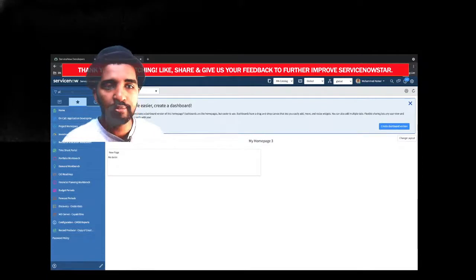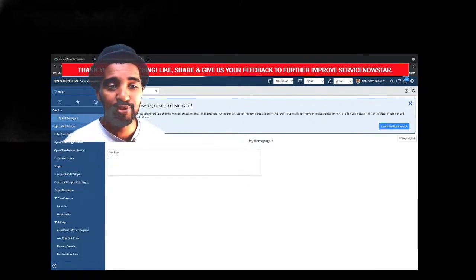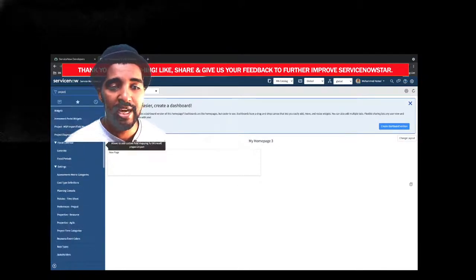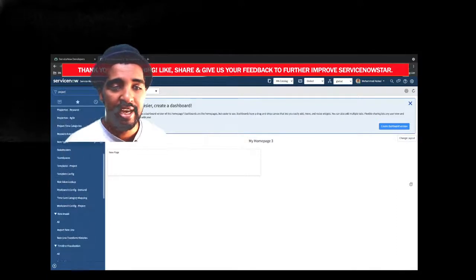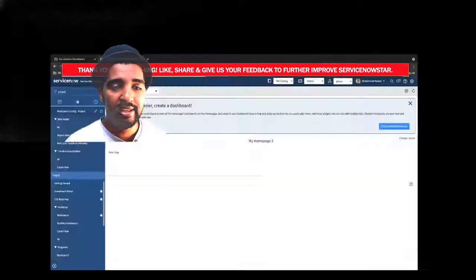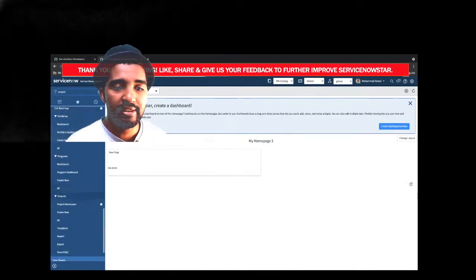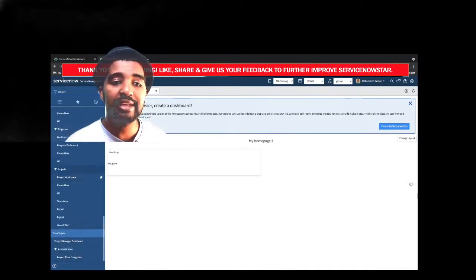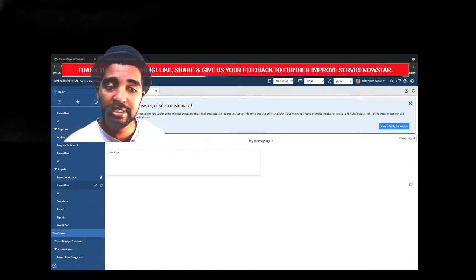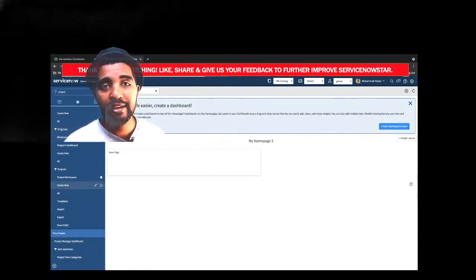In ServiceNow, you can manage your project as well, using the project portfolio management. If you go to project and scroll down a little in the application navigator, you will come up with projects. Within that, there's a project workspace, you have create new, and then also all. So if I want to go ahead and create a new project right here,